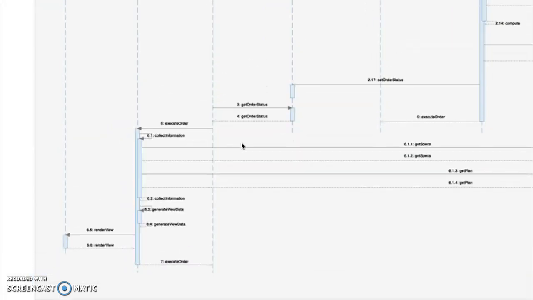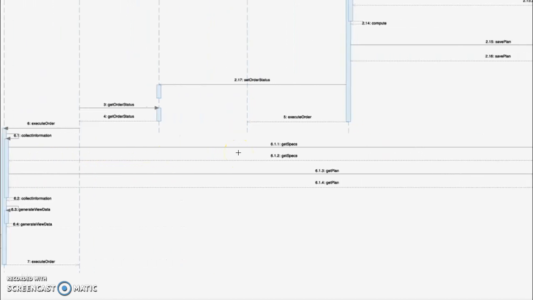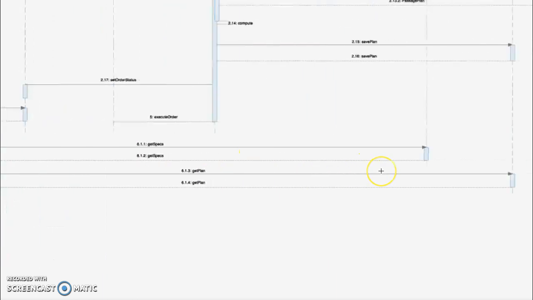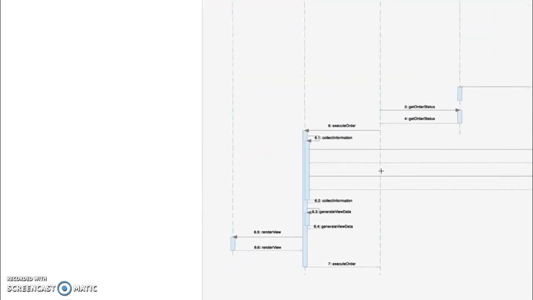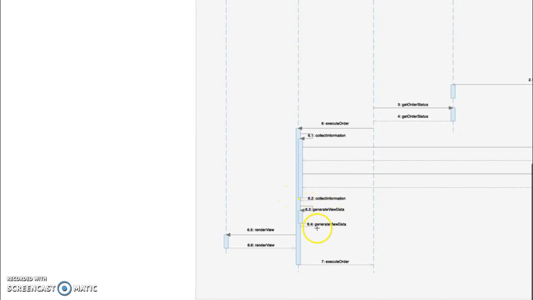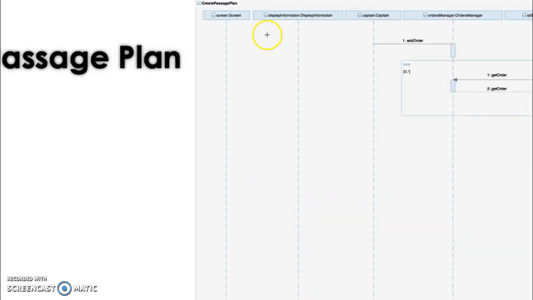it will execute a new order, which is a display information. The display information will take all the specs of the yacht. It would get the passage plan from the passage plan manager. Then it will generate all the view data, and it will render the view, which is a method of the